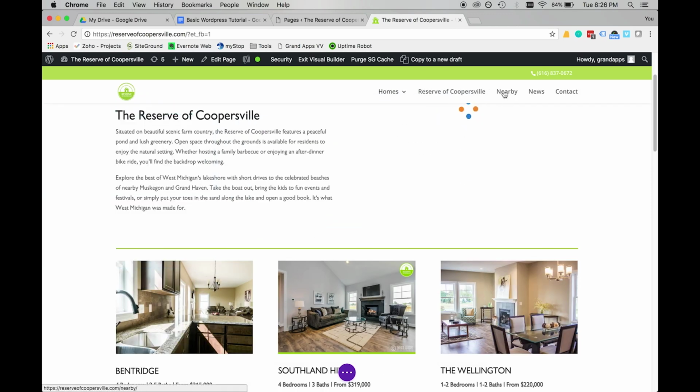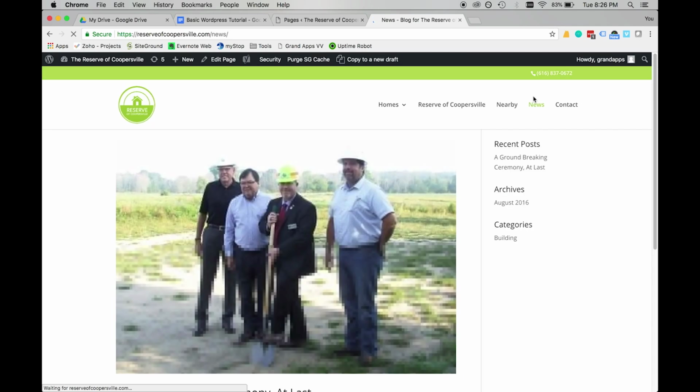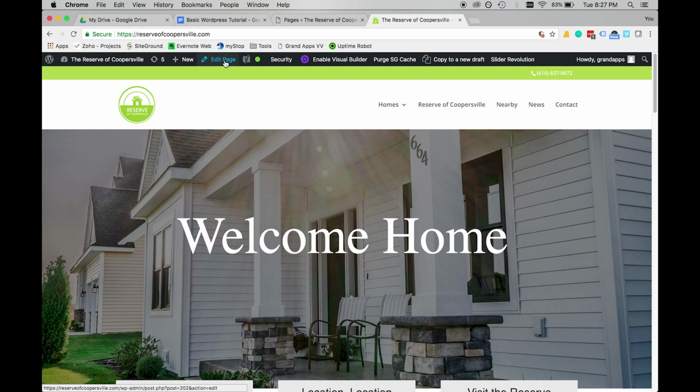Let's close for now, and let's find that other page. Let's say we want it to go to news now. Let's click on news, get our URL, copy, go back to the page where our button is that we need to edit, edit page,